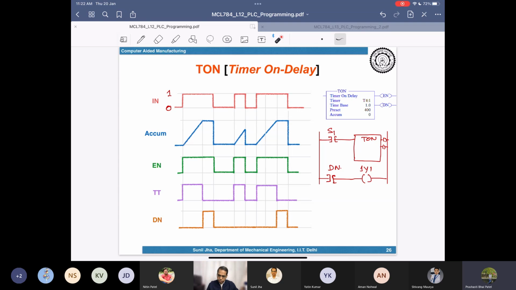So this graph also shows another condition. The first condition is up to here, which is now clearly explained: the moment the preset value matches the accumulated value, your done bit is true. And this done bit will remain true as long as your input remains true. So that is how you will find this. The moment the input falls to 0,